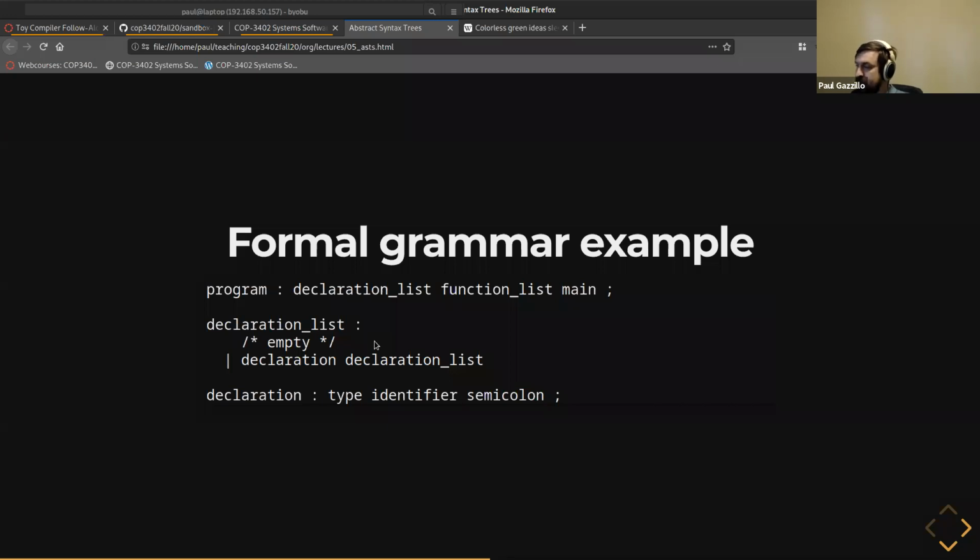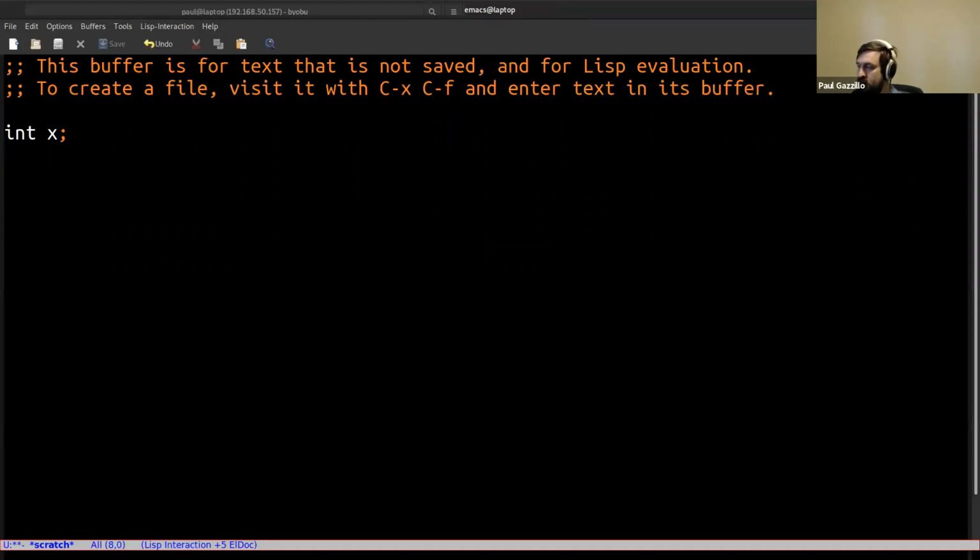And just like a linked list where we end the list with a null, we have a separate grammar construct that just matches an empty string. So this is the way we terminate this list. Somebody asked this exact thing that I was just about to describe. So can the declaration list of that pipe declaration list be empty? Otherwise, how would we know what the last node is? So this is a little bit of a tricky thing that we'll have to get to when we get to formal languages. But we could have also